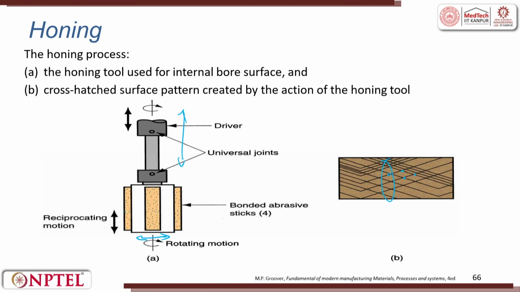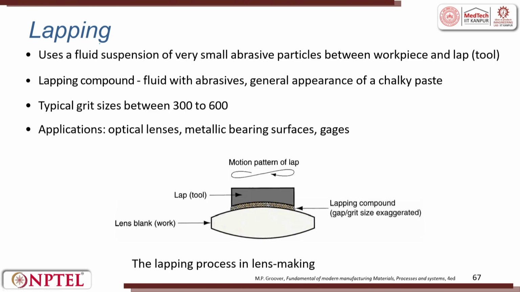So, here a grinding wheel is cut into strips. These strips are located along the periphery of the tool. So, the tool reciprocates, rotates and also slightly expands. Lapping is another operation wherein we completely use the abrasives as free. The abrasive plus you have oil or something to hold the abrasives together,